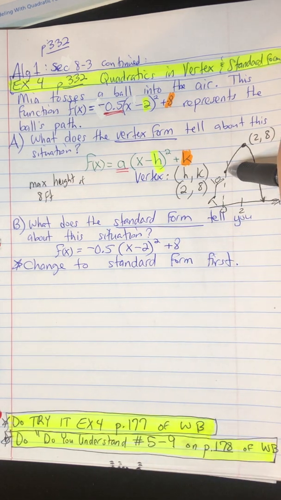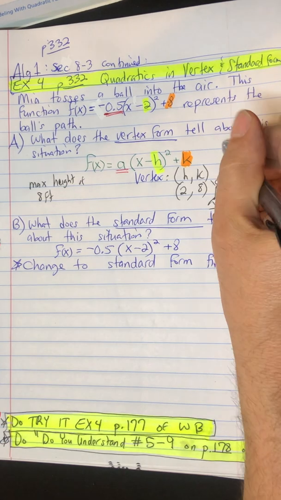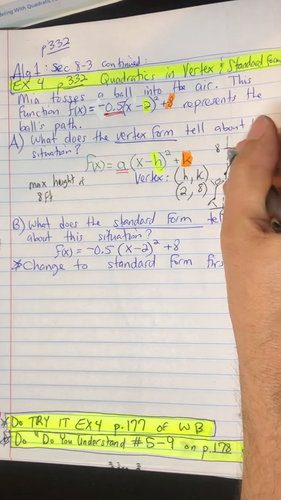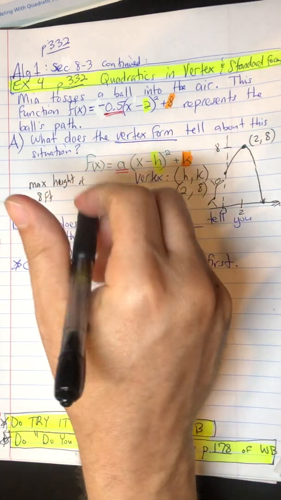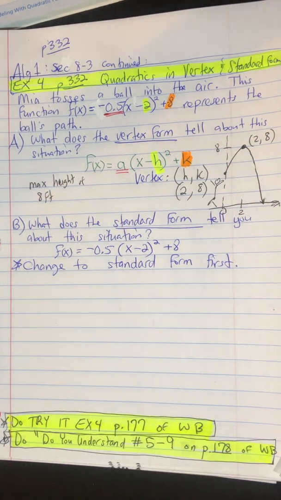It's better. So she throws the ball in the air. It reaches a maximum height of 8 feet. This point here is 8 feet, and that's 2. That's what it tells us. So it tells us the maximum height of 8 feet. The ball reaches a maximum height of 8 feet in the air